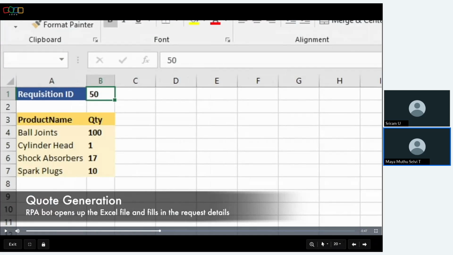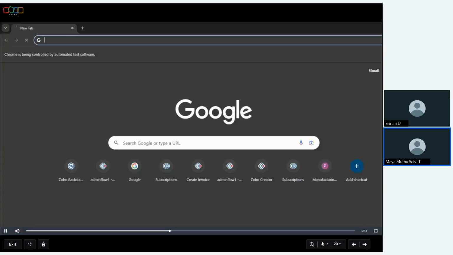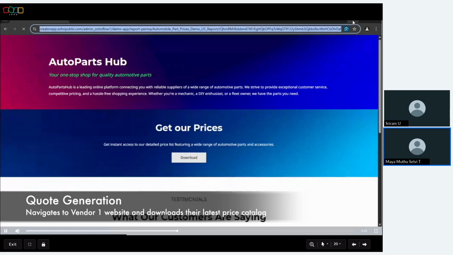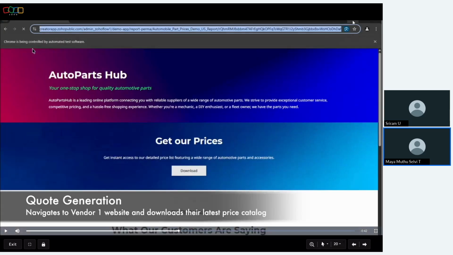This bot will open an Excel sheet where this code generation process is going to take place. And it also makes note of all the details that were shared through the request. Now the bot is opening the first vendor portal. And here, if you see, the text is saying that Chrome is being controlled by an automated test software. And that means this entire code generation process is being handled by an RPA bot without any human